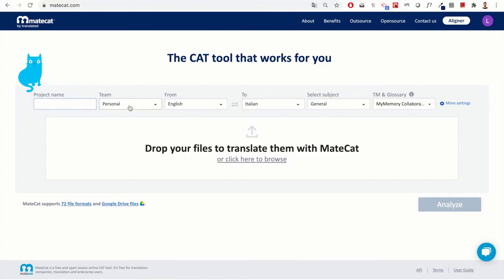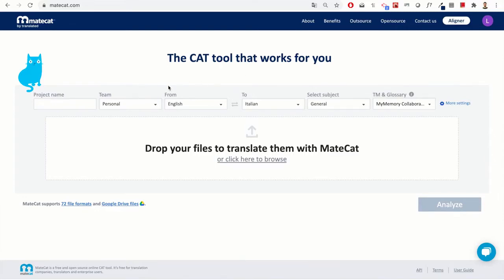You can create a team that is called with the name of your client, and all the people that work for that client will have access to this separate space, which is going to be accessible from the My Projects view here. And they will be able to see the project and their progress in real time, and they will be able to perform some operations that I will show you more in detail as soon as we're going to talk about